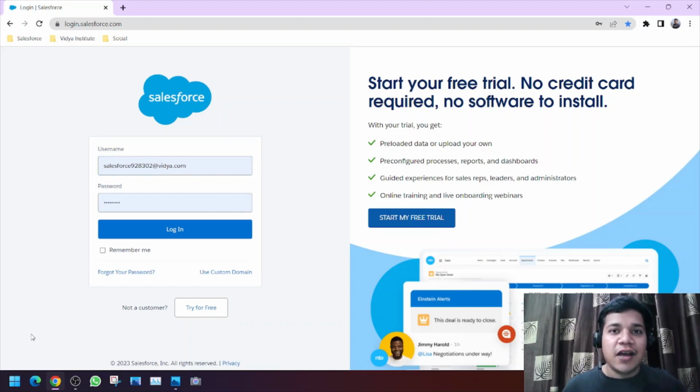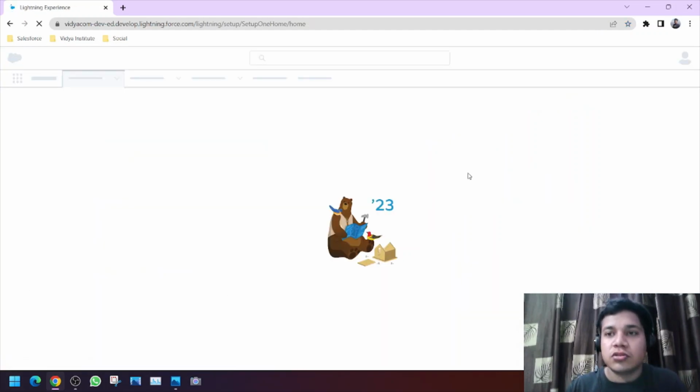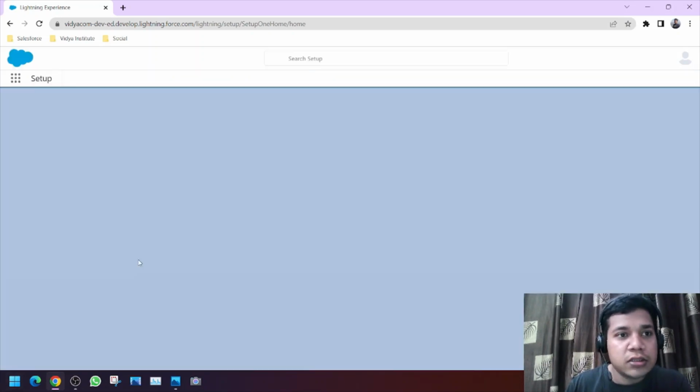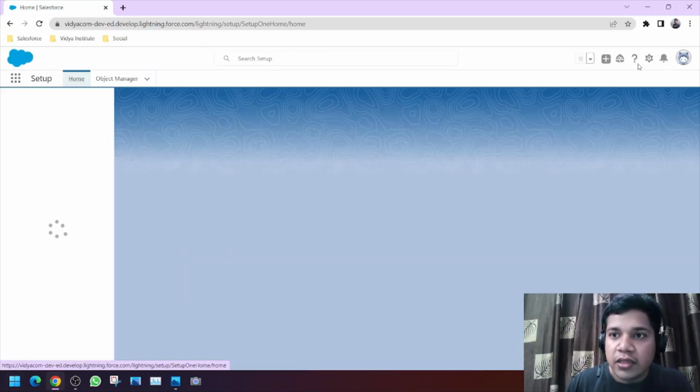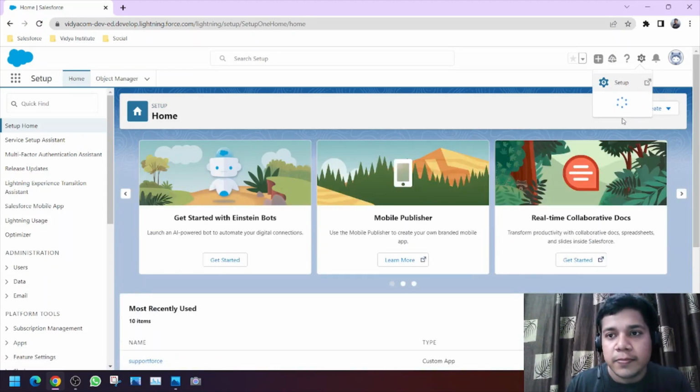Today we will learn how to use aggregate functions in SOQL query. So first of all, let's log in to our org, clicking on login. Then we will go to the developer console so that we can write our SOQL query. So this is the gear icon. From here, we will click on developer console,